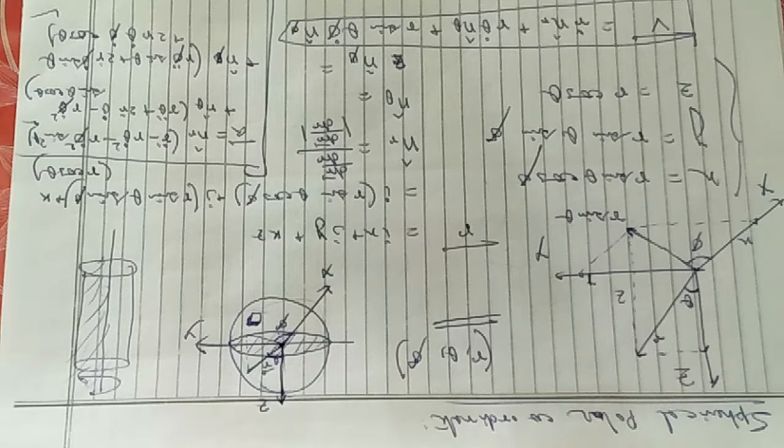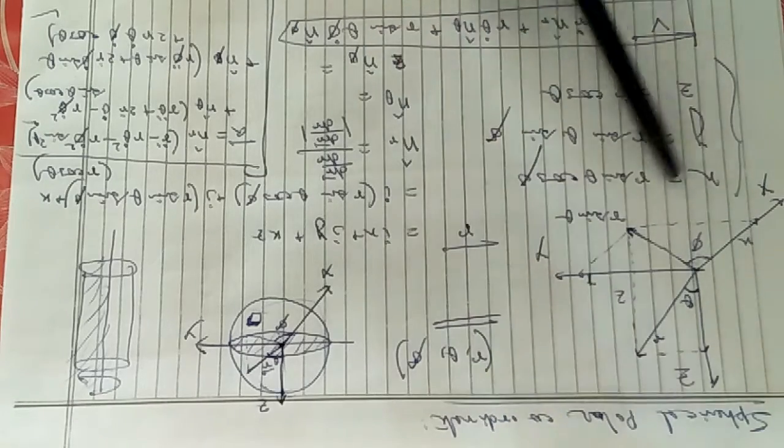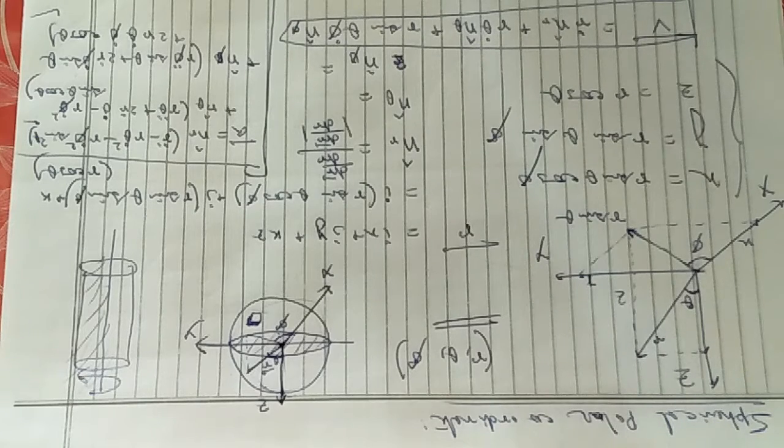In the next class, we will follow the applications of that. Before that, I summarize. I started from the plane polar coordinate system in 2D, then I marched towards the conversion from the Cartesian coordinate system to the cylindrical coordinate system and the plane polar coordinate system. The steps you have to follow: first you have to know the variables. In cylindrical coordinates, the variables are rho, theta, z, and in spherical polar coordinates, the variables are r, theta, phi. First you have to convert r, theta, phi in terms of x, y, z, same as for the cylindrical coordinate system. Then you go towards the unit vector calculation. Then you can calculate the velocity and acceleration separately.